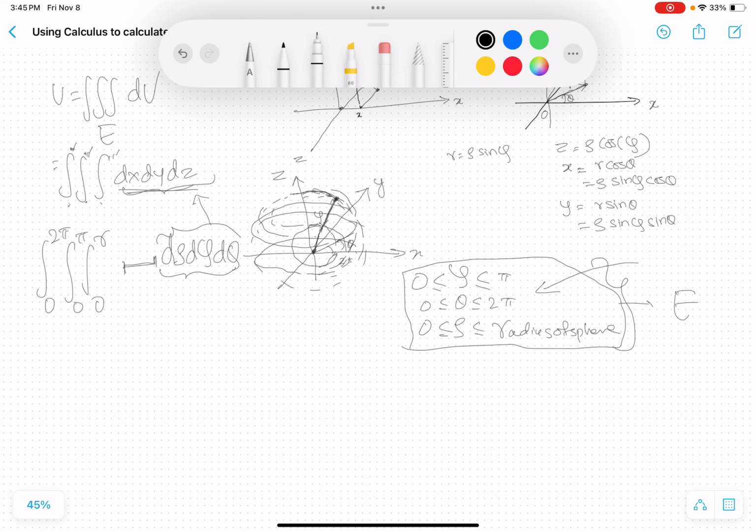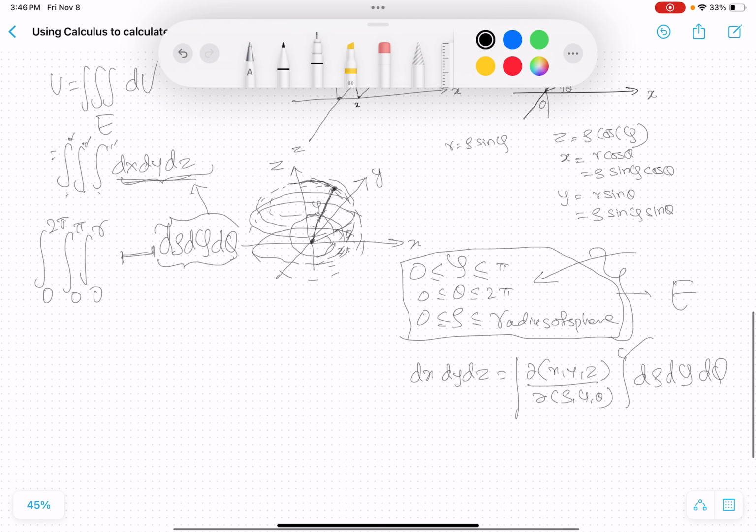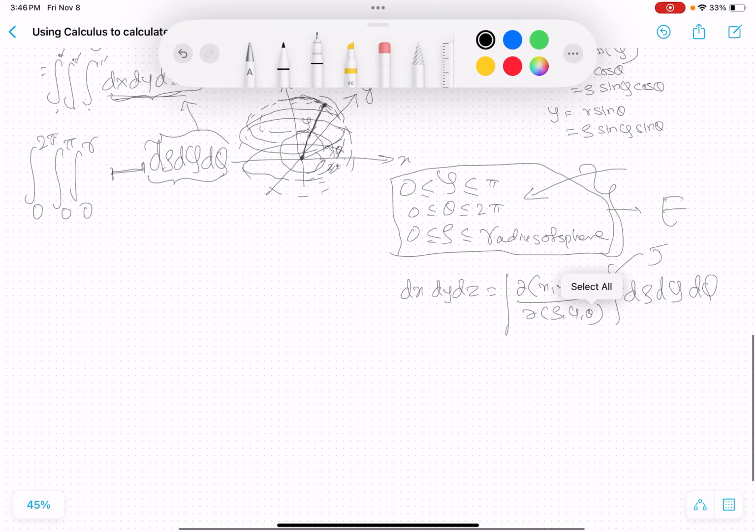Basically the Jacobian helps us to transform from, okay, so this is called the Jacobian, the partial xyz by partial rho phi theta d rho d phi d theta, and this is called the Jacobian, the ratio, and this is calculated by